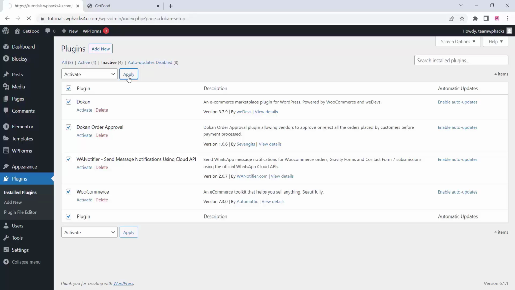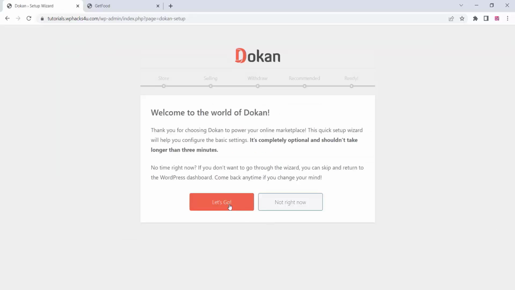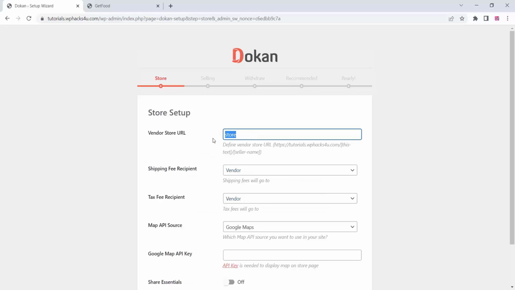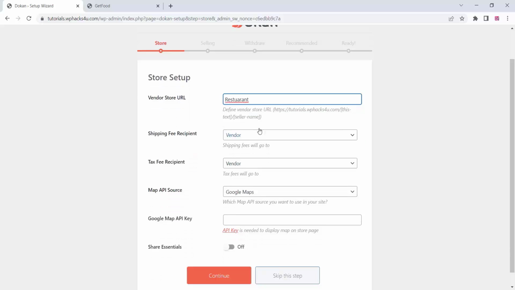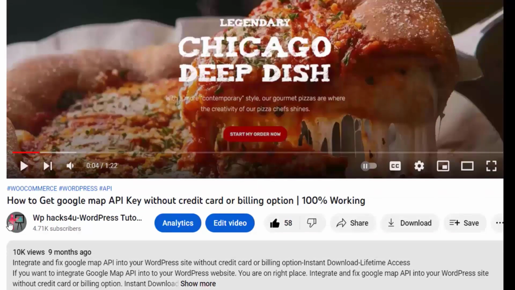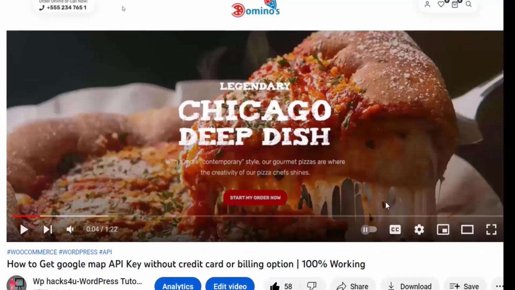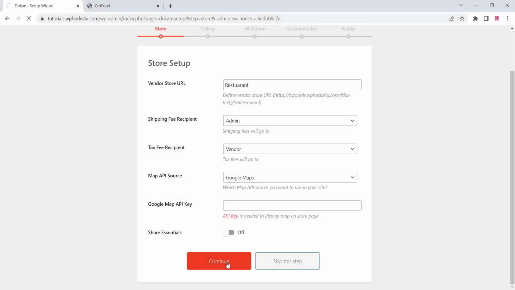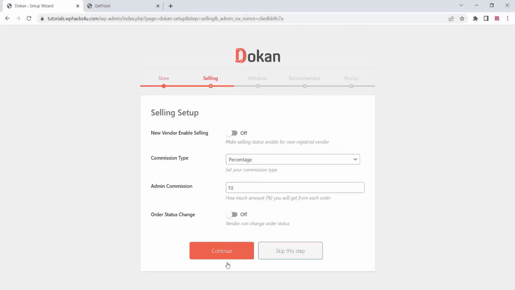Once the plugin is activated, you can see a welcome dashboard of Dokan. You can just click on next, let's go, and you can set up your store URL and the shipping fee recipient. All these things you can just enable or disable according to your requirements. If you want to edit the Google Map API key, we already did a video for that, you can check it out. Now just click on continue,